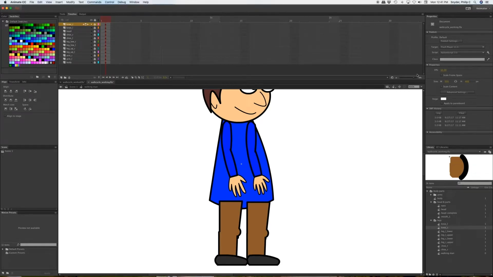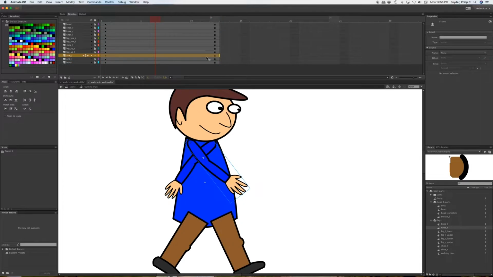If you haven't already, zoom in on your timeline so that you can get a good look at it. And here at 1 second, let's click and drag all the way down. Only click once, just click and drag. And then we're going to enter a blank keyframe there. Since we're going to end up very close to the same position at 1 second as we are at the beginning,